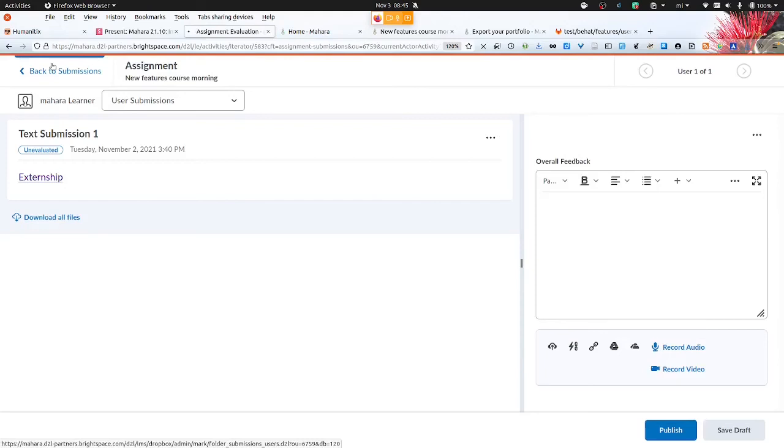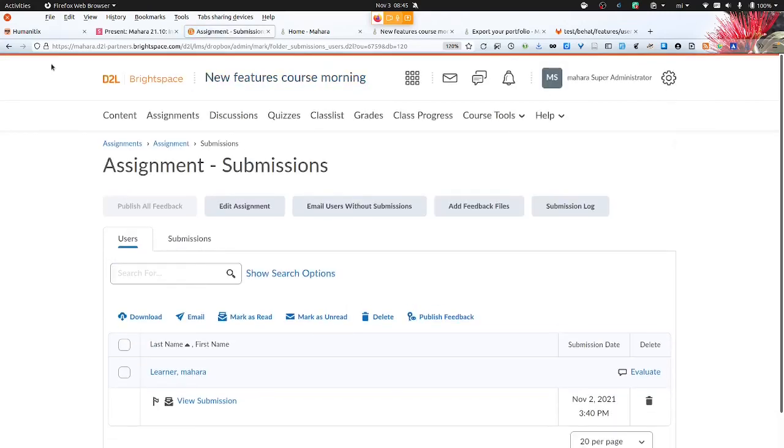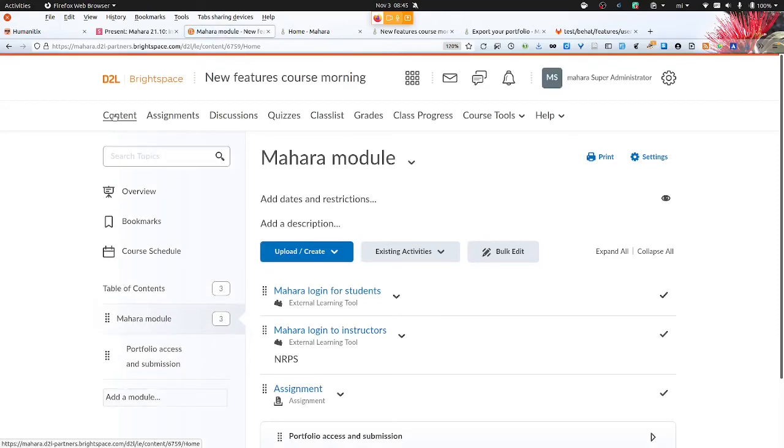Namely, that we can authenticate from the LMS into Mahara. We can bring course information and course enrollments along on the fly, on demand. And we can use it for assignment submission,